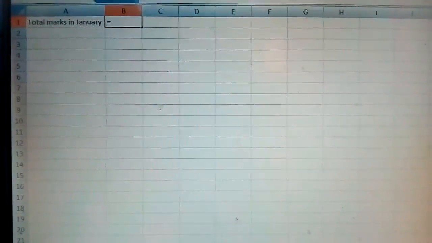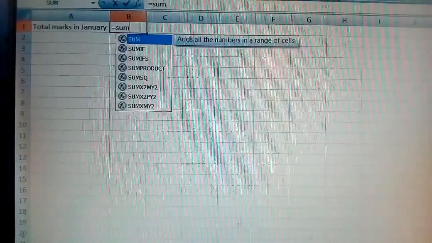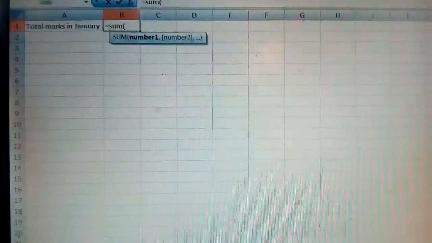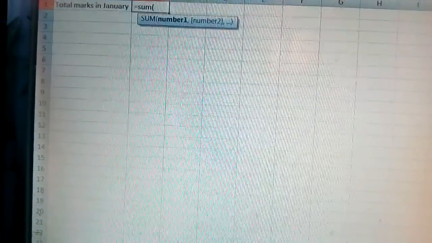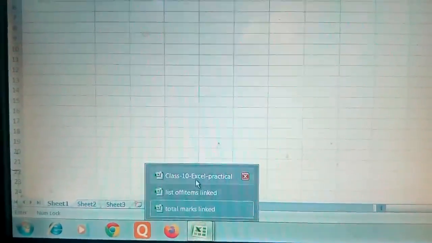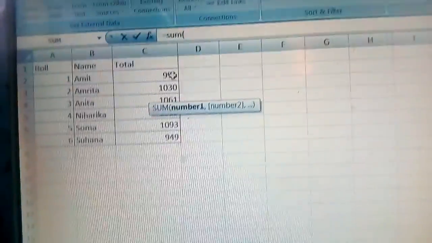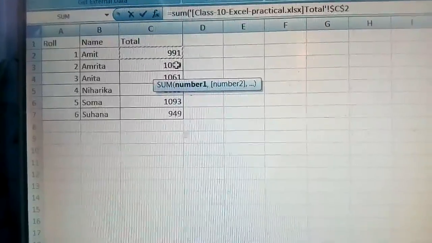Now you have to write equal to sum, give the first bracket, then you have to open the first workbook. So for that was this one. So just click this total.